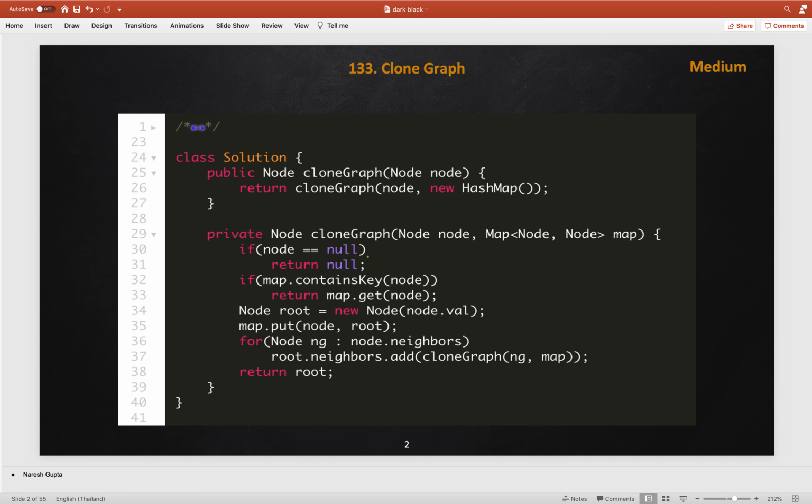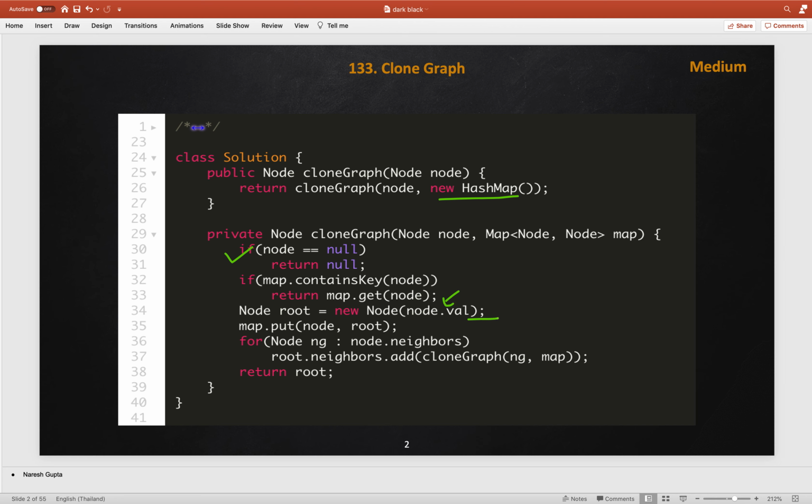Here is the code I have written for the DFS solution. First we pass the reference of the map, and then we check if the node is null, then return null straightaway. Otherwise we check the copy of the node. If the map contains the node, meaning the current node we are processing is already cloned, then we return the copy from the map.